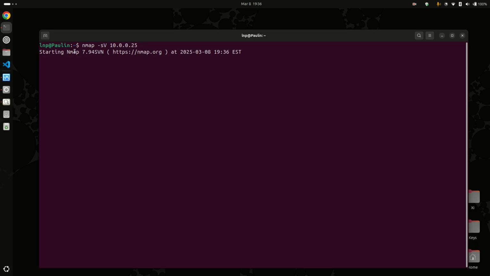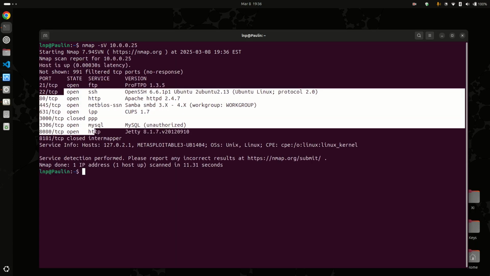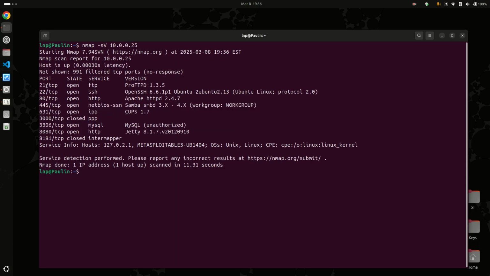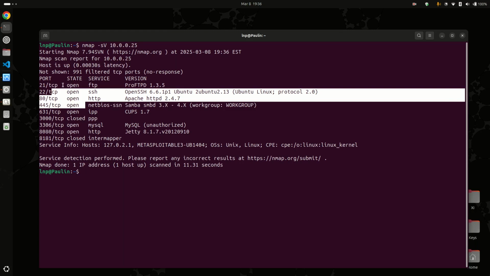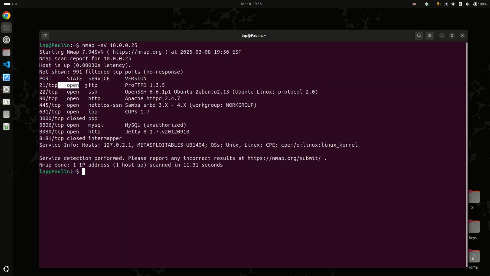So we'll just give it a couple of seconds. It's going to come up with the result of the services that are running on this target. So we have our result here, and we can see we have a lot of open ports and a lot of services running. To compromise this target, we're going to use this TCP port here that is running an FTP service that is called